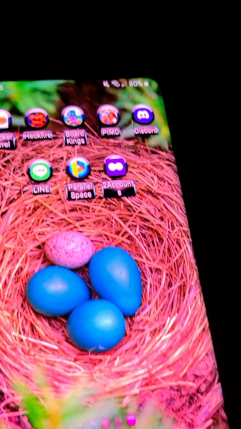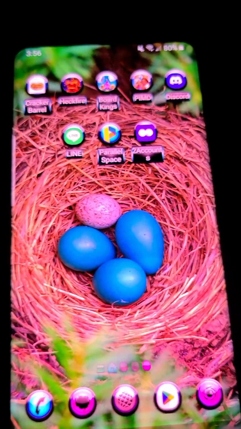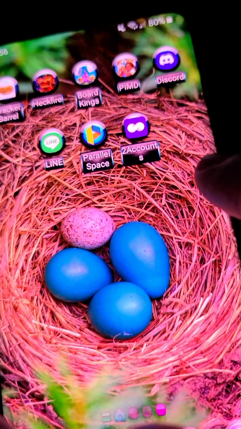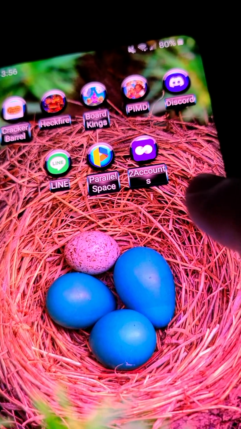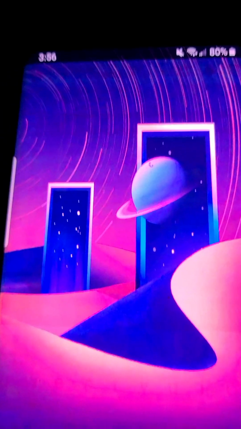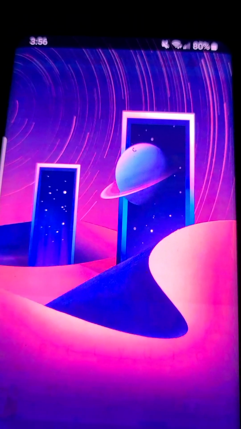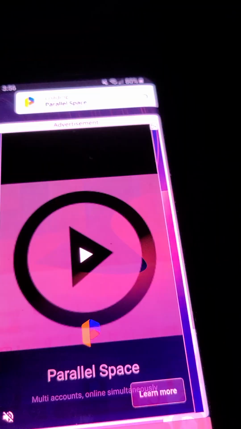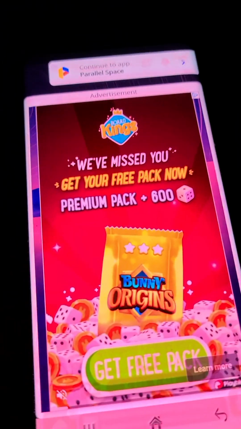Okay, now I have two different cloning apps, Parallel Space and 2accounts. 2accounts kind of drains the battery more, I think. And on this one, I already have Party in My Dorm and Kingdom of Heckfire cloned. I can show you. Of course, there are ads that you have to deal with,